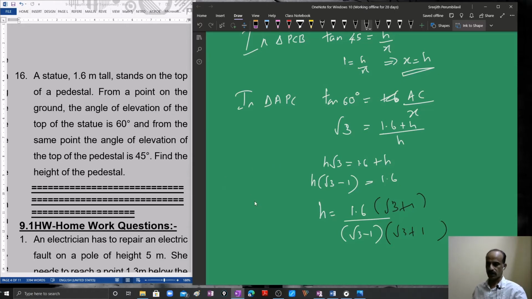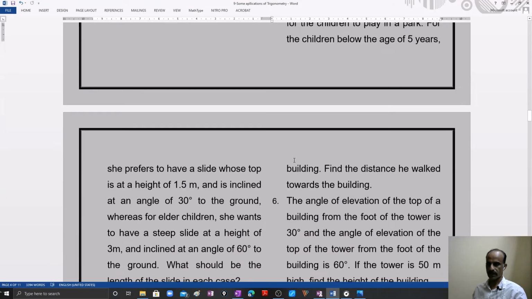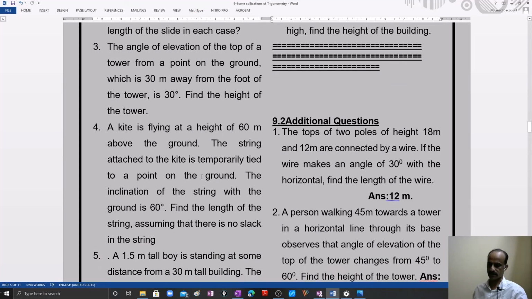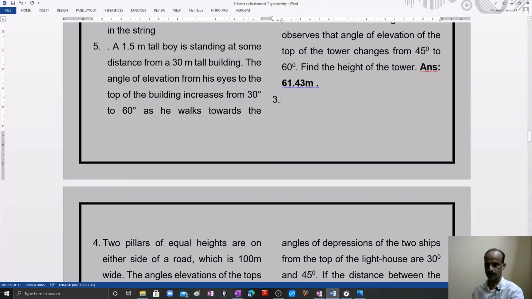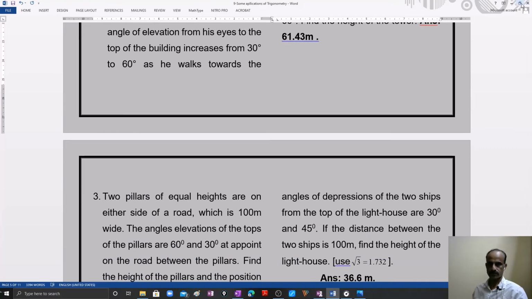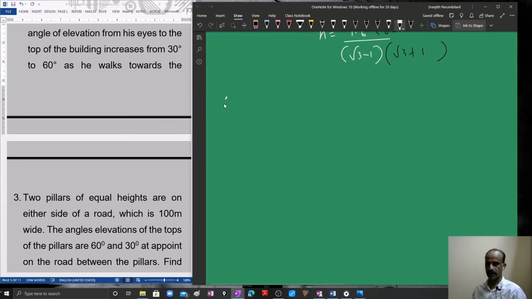Okay, so now these are the homeworks. Homeworks are given there. You have to go for some of the homeworks, then same type question. Then we have some additional questions. Some of the questions are similar, but we'll go for the toughest ones. So additional question number 3, third question. Okay, the first one is, we'll go for